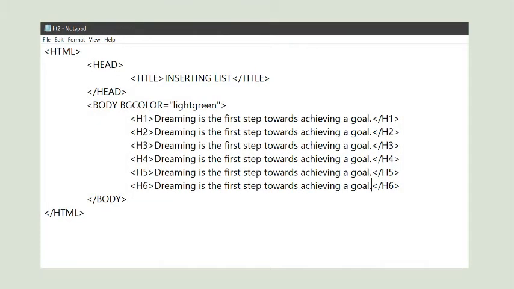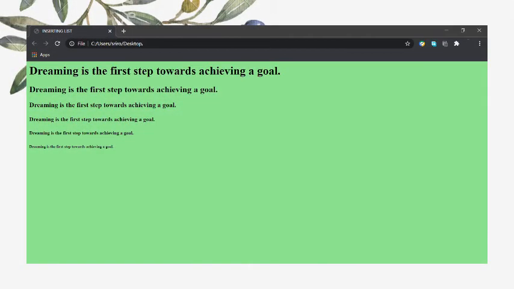In this notepad, you can see the HTML code for different heading labels, that is H1 to H6. This will show you the gradual changes in the different heading labels. And this is the web page of the same HTML code. You can clearly see the changes in the heading labels. H1 is for the largest one, and gradually it is decreasing to the smallest one with the H6 heading label.